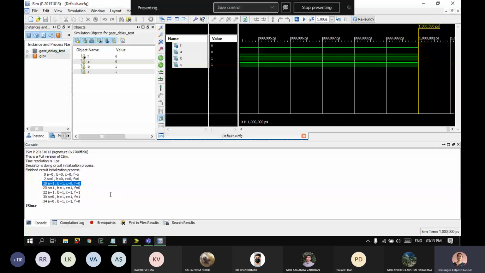See the next one. At the next set of inputs, I made everything 1. Now, because all were 1, this is going to change the output of F from 0 to 1. The first two gates have got no change. So A is 1, B is 1, A 1, B 1. So for the first AND gate, nothing changes, but the second AND gate's input has changed, and this gate's change will be affected after 2 time units onto the output, and hence at 22, F has become 1.